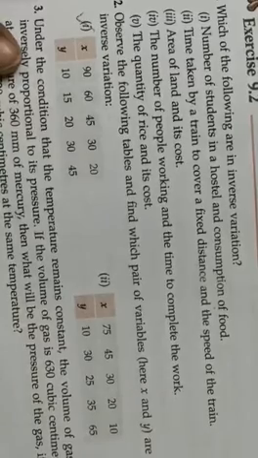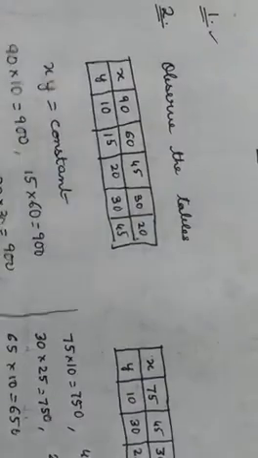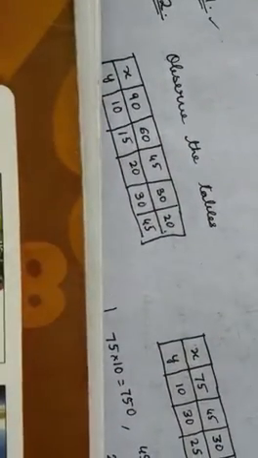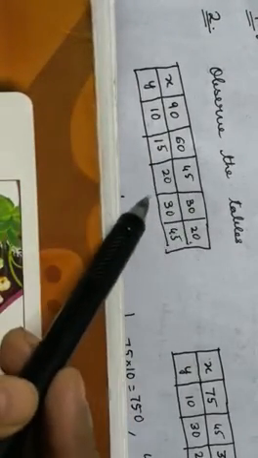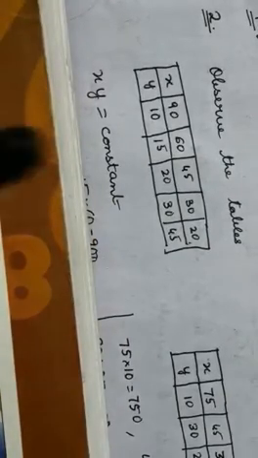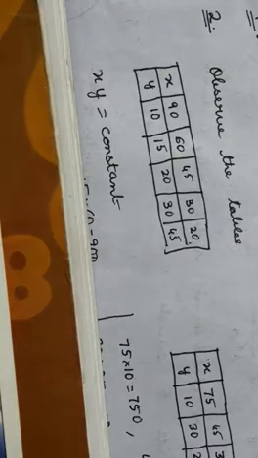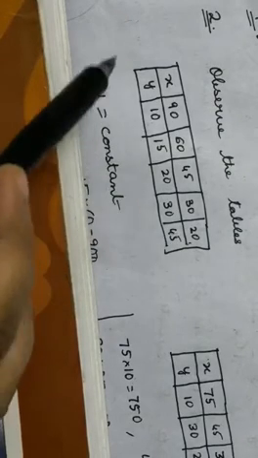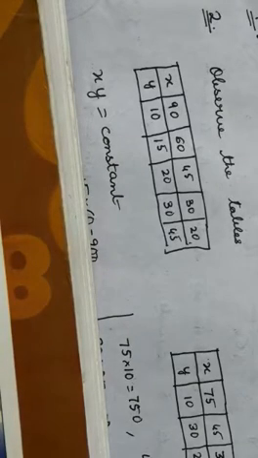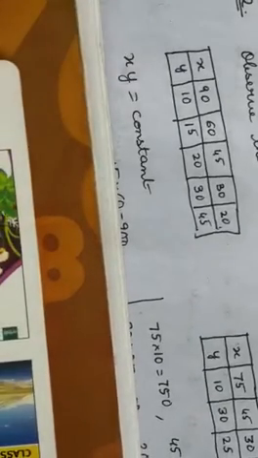Now, let us move on to question number 2 and see what it says. It has two tables. First let us see this table. Two quantities are varying like this. One is 90, the other is 10, 60, 15, 45, 20, like this. Now, remember in direct proportion, we had x by y is equal to constant. In case of inverse proportion, x into y will be constant. So that is the difference between direct proportion and inverse proportion. Here x into y will be a constant.